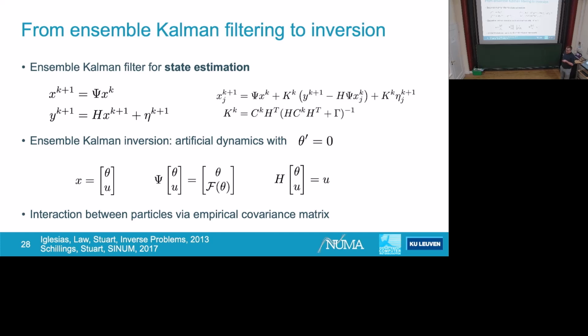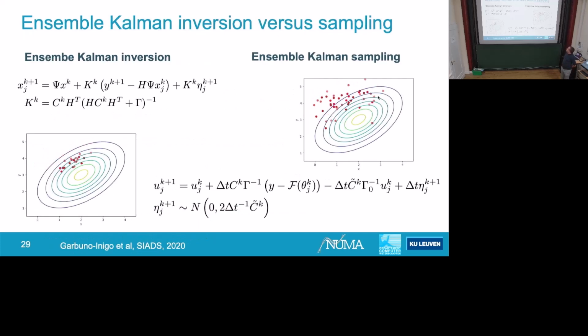Ensemble Kalman inversion basically says we have a dynamic model, but let's include the parameters as state variables, and let's say that we know that the dynamic evolution of the parameter is 0. This is just a trick, eh? Parameters are state variables that don't evolve. And that's how Kalman inversion works. Kalman sampling is then adding stuff. So let's see an example of Kalman inversion.